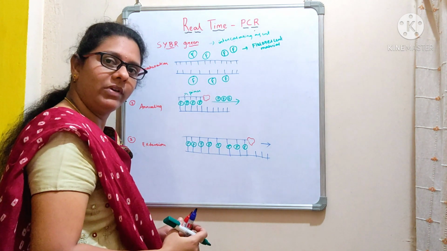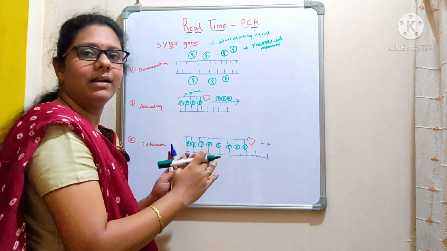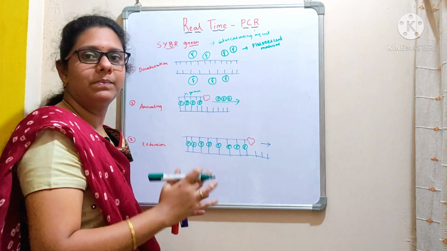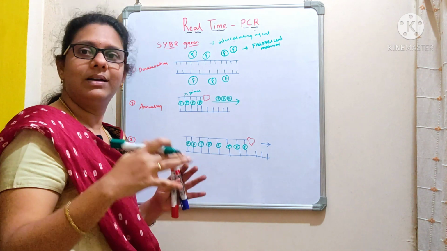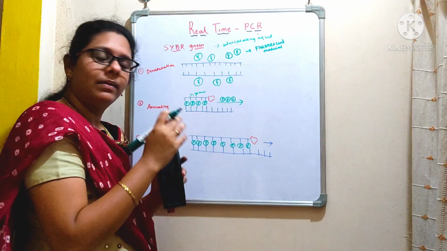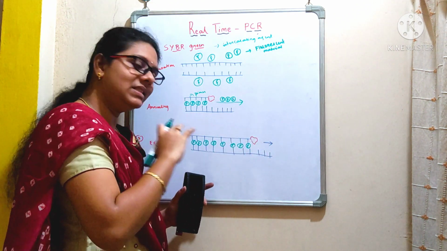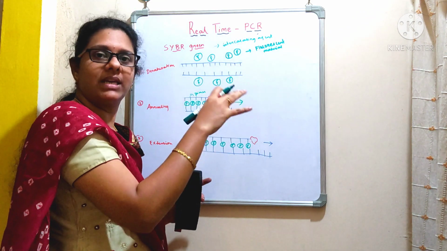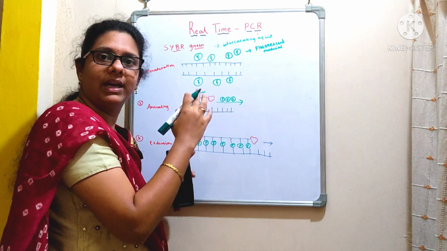So with the amplification of the gene, this fluorescence will also increase. That emission of light will be captured and sent to a computer, which will convert it into a digital signal that will be displayed on a screen. In this way, as the reaction proceeds, as the cycles proceed, like if we set for 30 to 35 cycles, for each cycle the amount of DNA will get doubled.